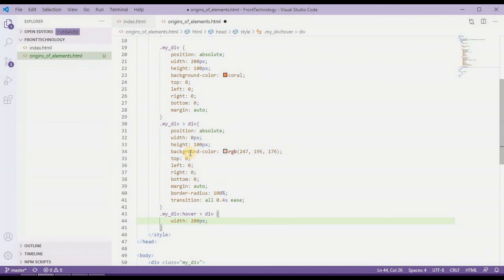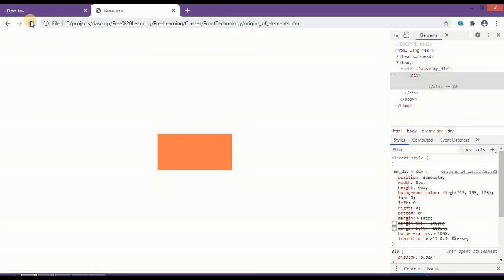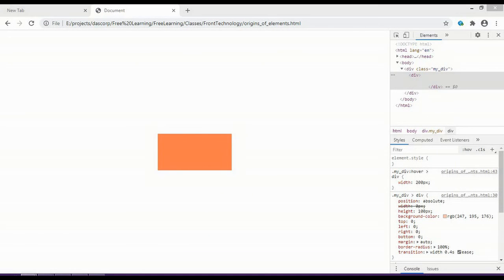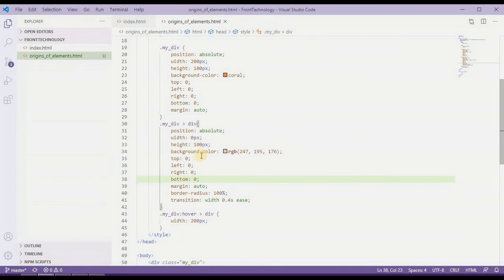We are only changing the width, and for that we will simply provide width instead of all, because we are not affecting these other attributes. And now let's go back to our browser. Let's check what is happening right now. Okay, this is not what we are looking for. We are looking for something else. Let's go back to our code.